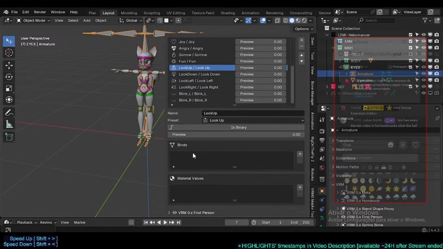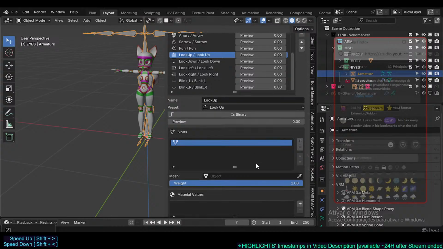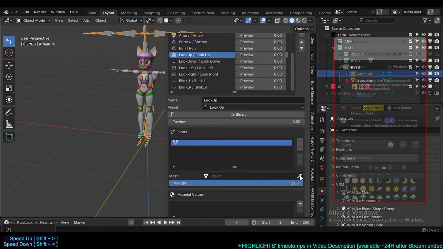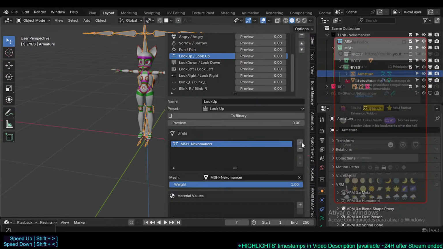So, and then we have to assign. This is very interesting because we need to assign by object. And the object here, so if you have multiple objects that are separated, mesh objects, then you can combine. This is a nightmare, but we can do that. Like if you have an eyelash mesh object that is separated from the head, which won't be my case. Then you have the face or the body, so the body is here, and then the eyelash will be another